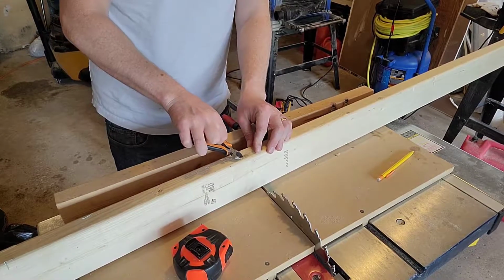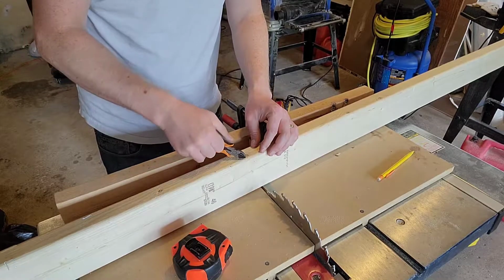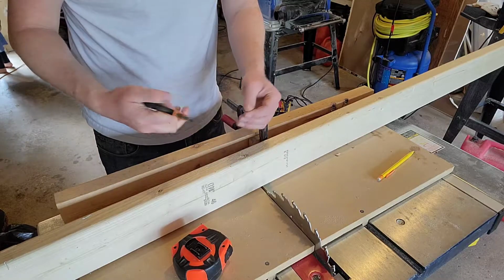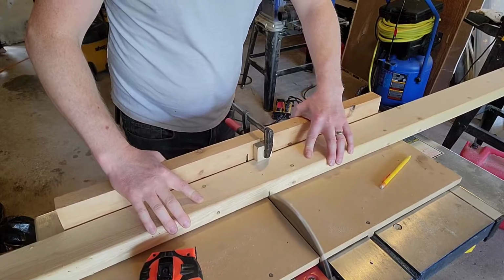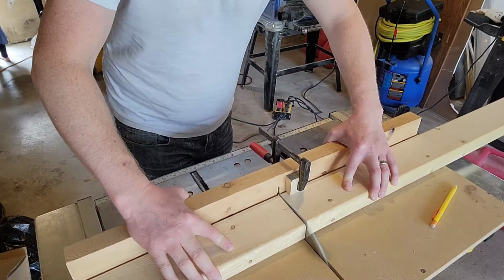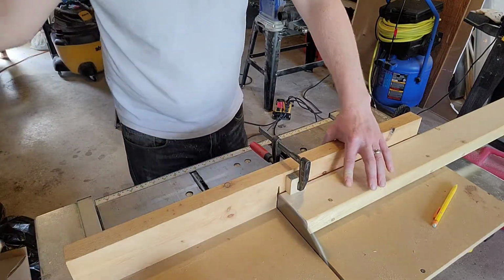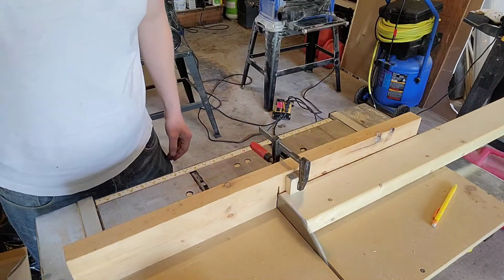I'm fully aware that I'm using construction grade lumber for this project. Two of these 2x4s had close to 30 staples in them. The other two thankfully didn't have any. Now that I can cut these down, I'm using about 78 inches or 2180 millimeters to make the actual top itself. The remaining smaller pieces are going to be used to support the table to make it float on the